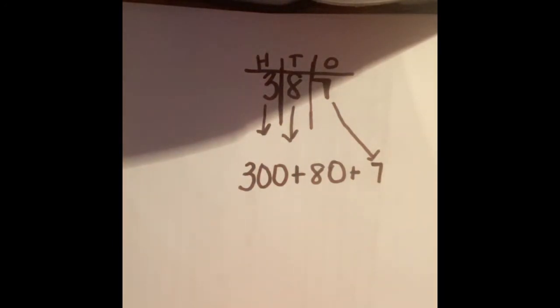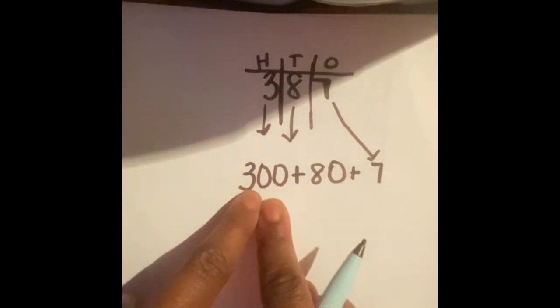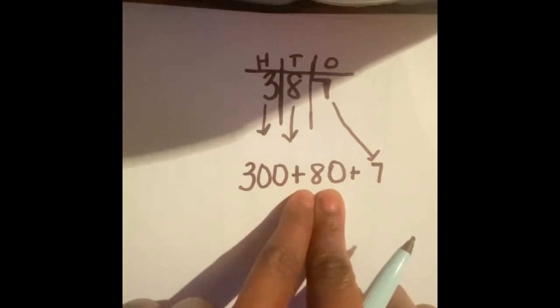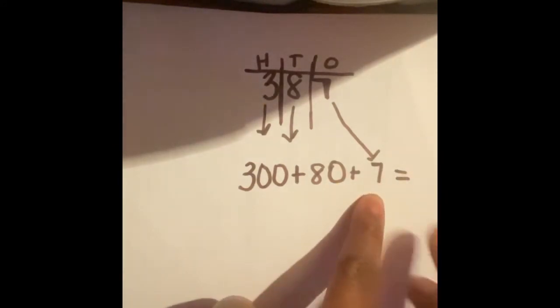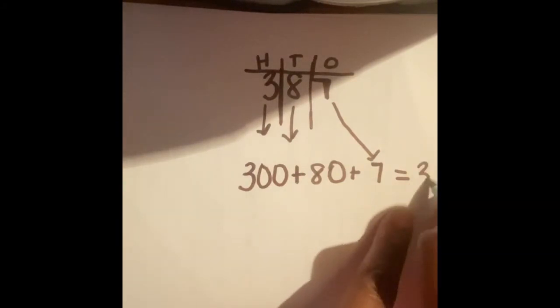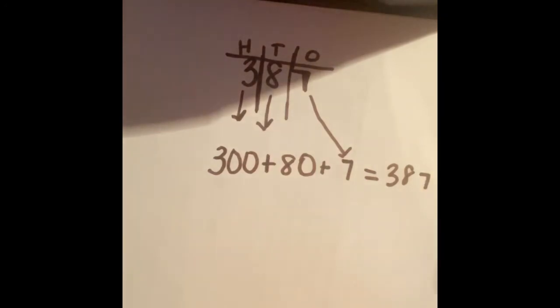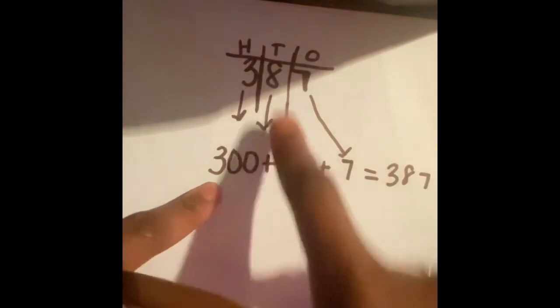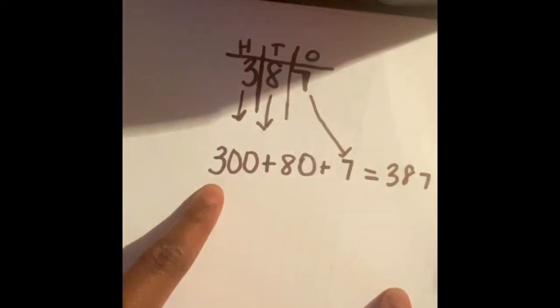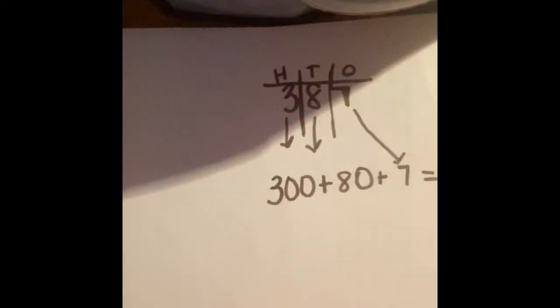Boom. Now, when I add 300 plus 80 plus 7, it comes out to be 387, because all I did was stretch out the number to show what each number represents. Okay? Now, I'm going to show you how I could still